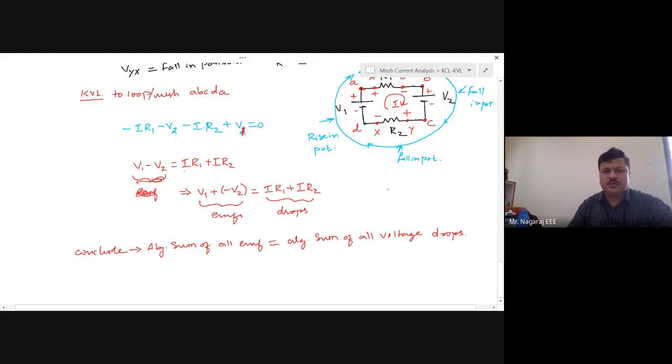Though you have studied this twice in your PU and even in basic electrical science, I thought we would have a deeper understanding of the application of KVL. Then we will move ahead, because once we invest time in understanding the fundamental principle, the application will become very easy. The time taken to solve numericals will be very less once you know this in detail. So this is all about KVL.